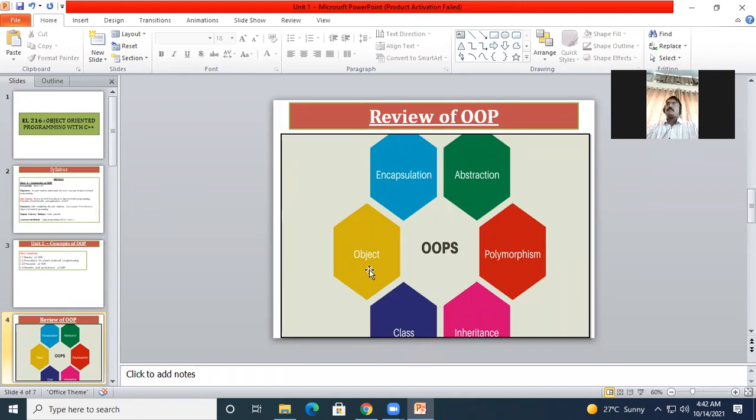Okay, as of now you have not gone through any of these concepts. Neither have you gone through object, encapsulation, abstraction, polymorphism, inheritance, or class. What we have gone through in the C program is simply a method, and we are executing the methods, or we have functions, and the functions are called in the main method. Right? Are you remembering?